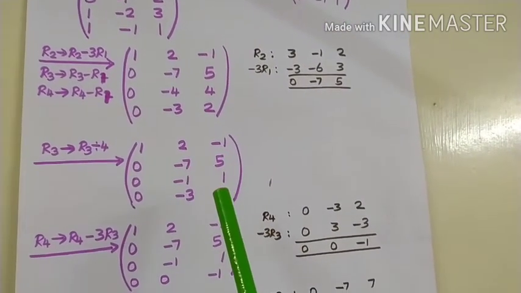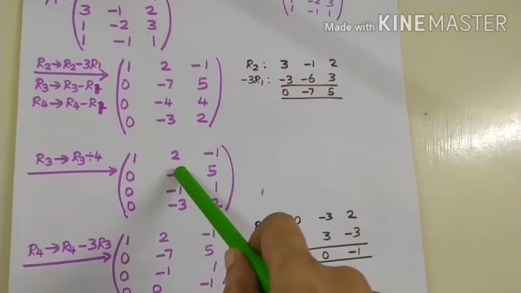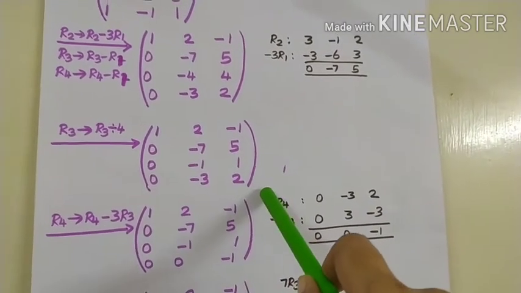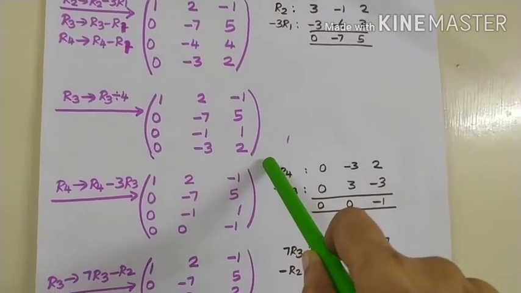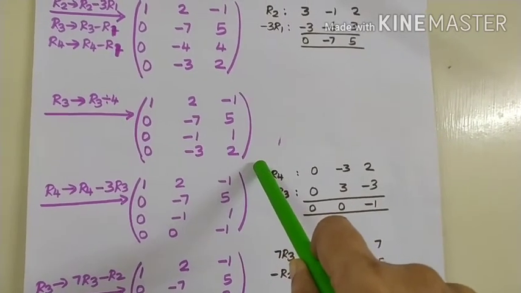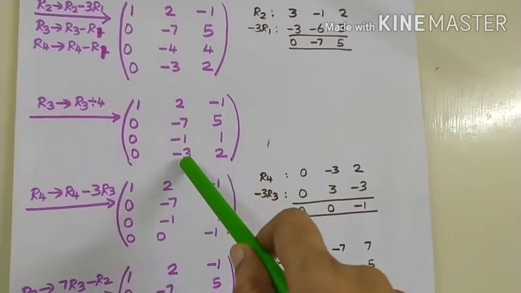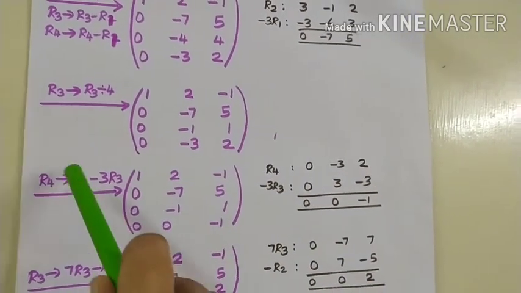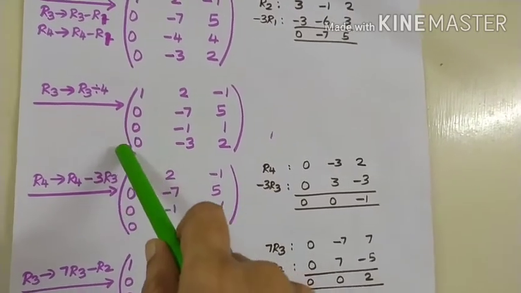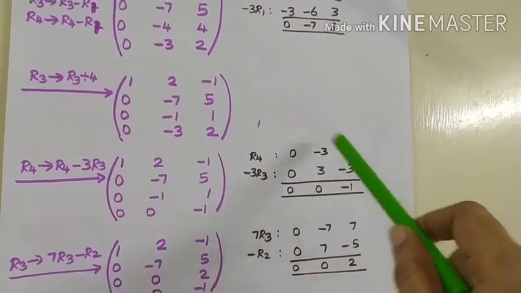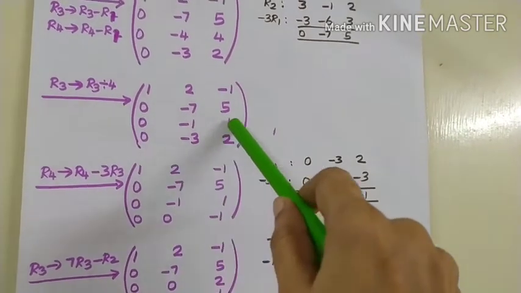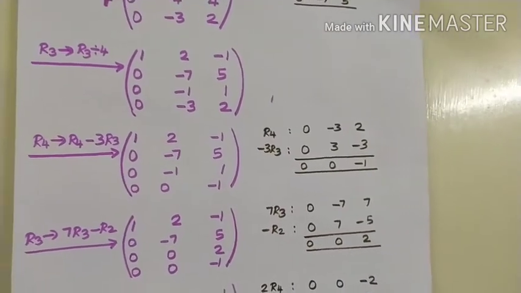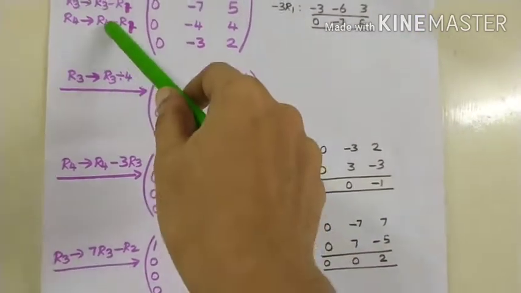My next step, I want to achieve a 0 here. Here 1 0 means here 2 zeros, here 3 zeros I want to achieve. Now we write R4 becomes R4 minus, because here 1 is there, here 3 is there, easy for us to do this calculation. So R4 becomes R4 minus 3R3. R4 we write as it is, minus 3R3, multiply R3 by minus 3 and write, then simplify and write out the answer.